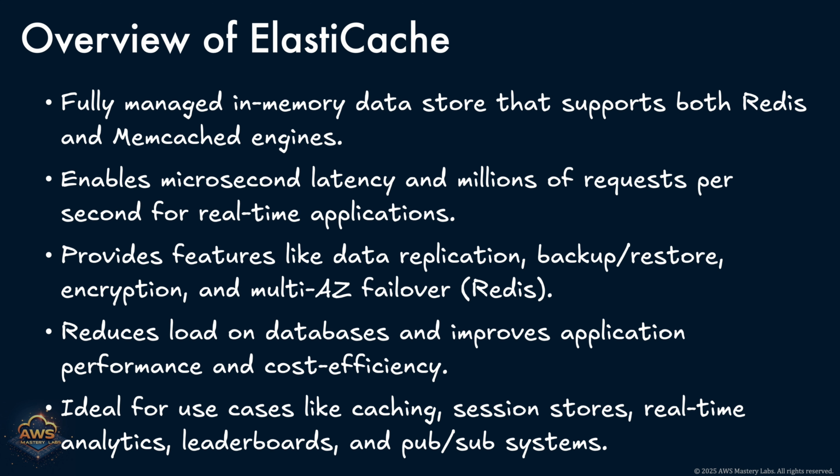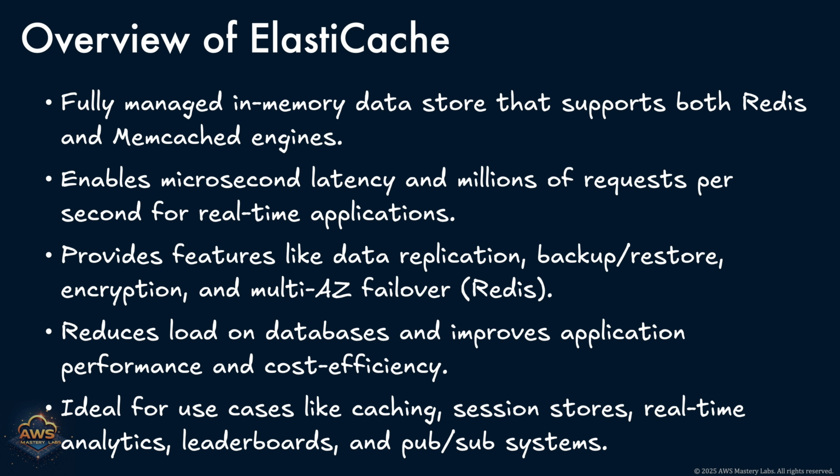At its core, ElastiCache allows you to offload frequently accessed or transient data from slower backend data stores, such as relational or NoSQL databases. This improves overall application performance and reduces load on primary databases, often resulting in significant cost savings. Whether you're dealing with high-volume transactional systems, low-latency microservices, or event-driven architectures, ElastiCache can act as a vital acceleration